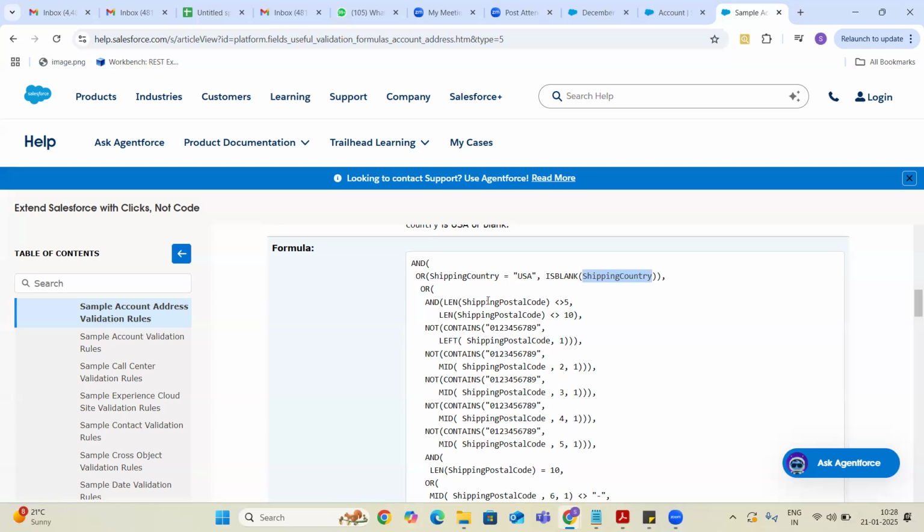So that's the reason they have written it here. In these two conditions: length of the shipping postal code not equals to 5, length of the shipping postal code not equals to 10.